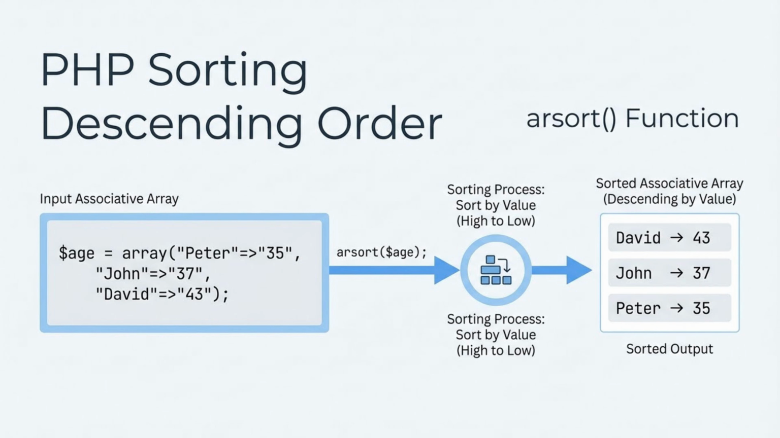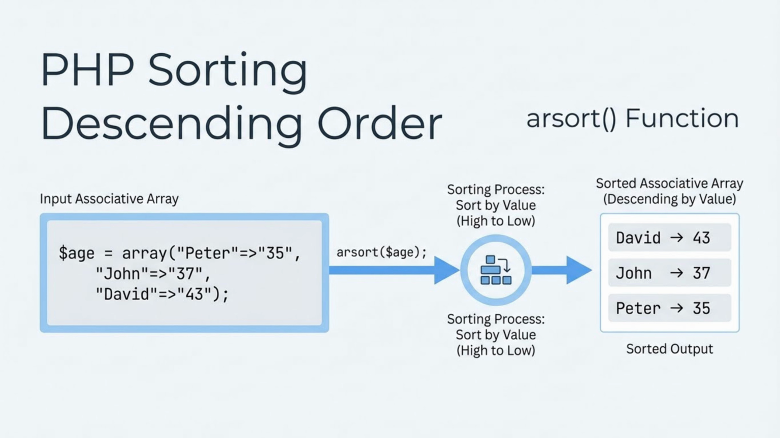In PHP, sorting associative arrays is an important skill because it allows us to organize data in a meaningful way. When we work with associative arrays, each element has a key and a value. Sometimes we want to sort the array based on the values, not the keys, and we want the highest values to appear first. This type of sorting is called descending order, and PHP provides a built-in function called arsort to